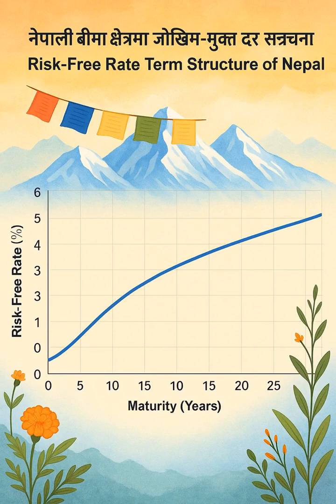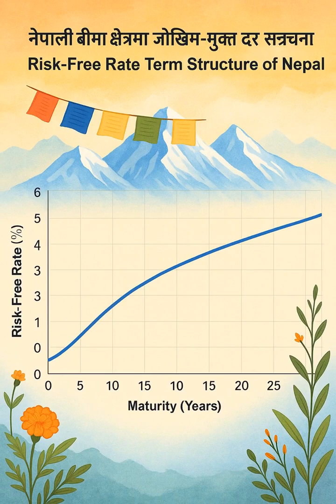Got it. So maybe let's start by laying the groundwork. Looking at that original 2023 document, why did Nepal need its own specific method for calculating these rates in the first place? What was the issue? Well, that really gets to the heart of the Nepali financial market itself. The 2023 document is pretty clear on this. Nepal just doesn't have what we call a deep, liquid, and transparent fixed income market. Meaning, essentially, there isn't a reliable set of market-based interest rates on very low-risk assets inside Nepal that you can just point to and use directly. Okay, that makes sense. So if you can't find good signals at home, you have to look outside.